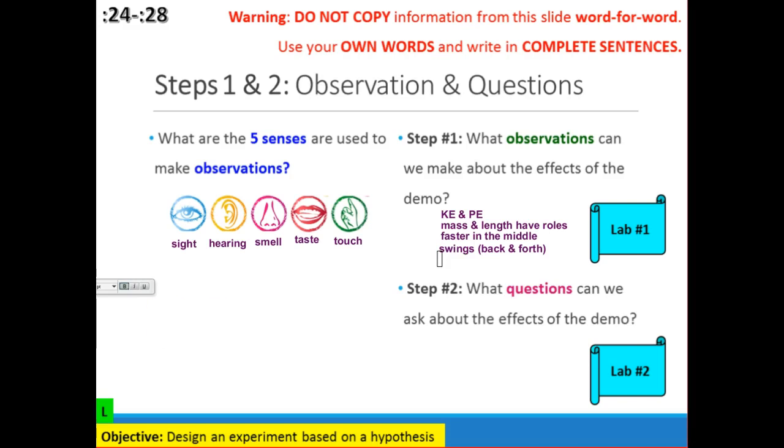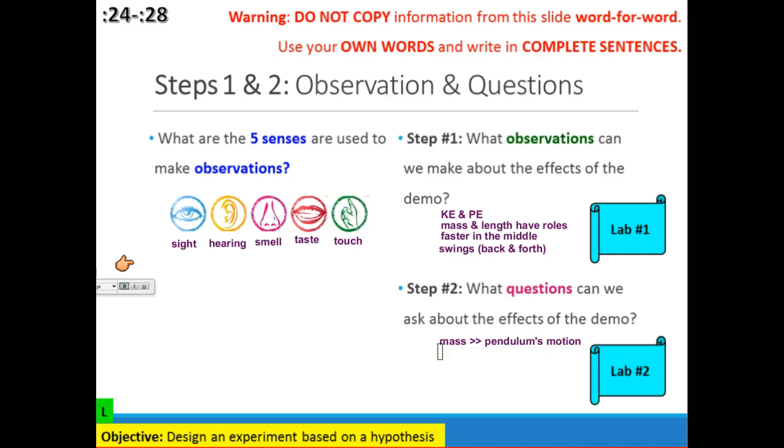Again, these are going to be going into your lab number 1, so make sure that you are paying attention and participating. Awesome. Okay, so based on this, looking at what I changed in the demo, we want to figure out what can change the effects of a pendulum. So the 2 things that I changed were what? What were the 2 things that I changed as we were looking at the demo? Yeah, I changed the mass and I changed the length of the string. Yeah, so we're going to be taking a look at how mass changes a pendulum's motion.